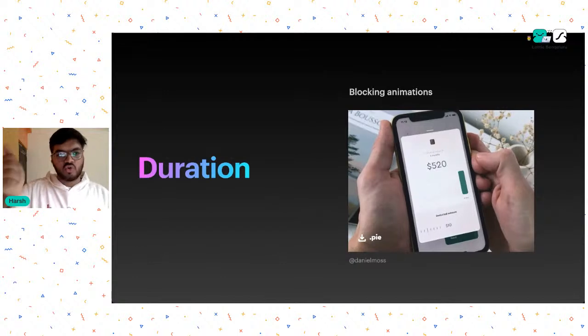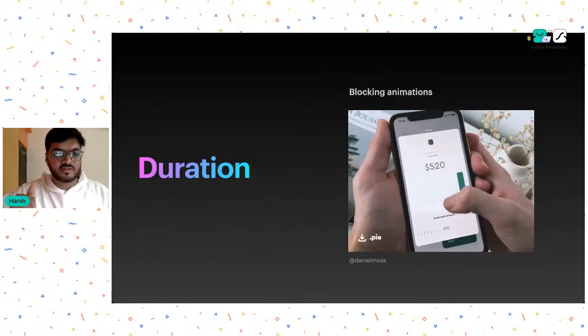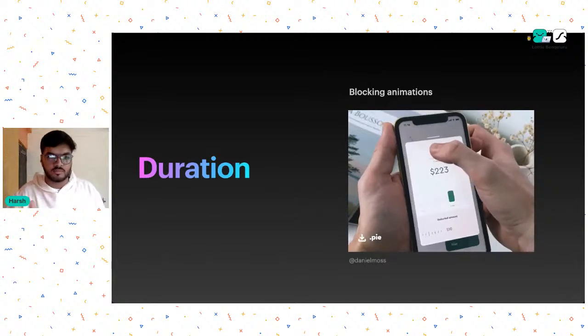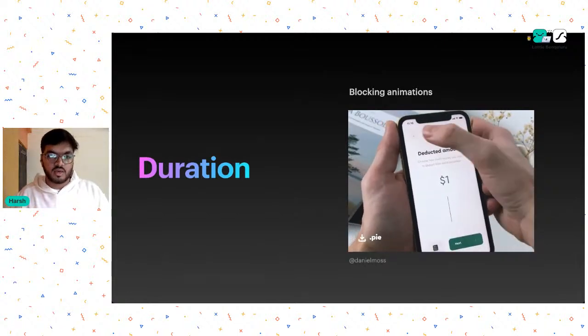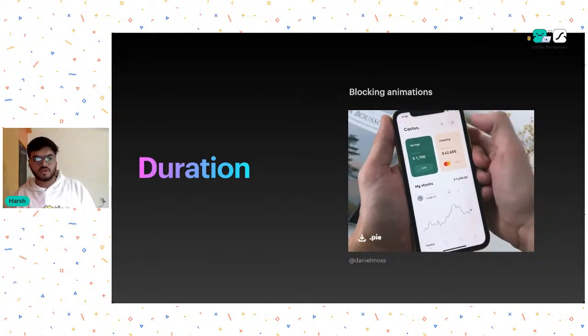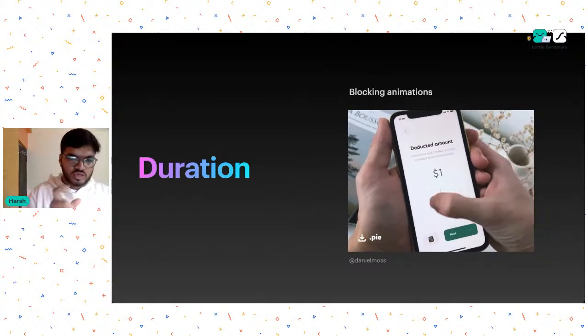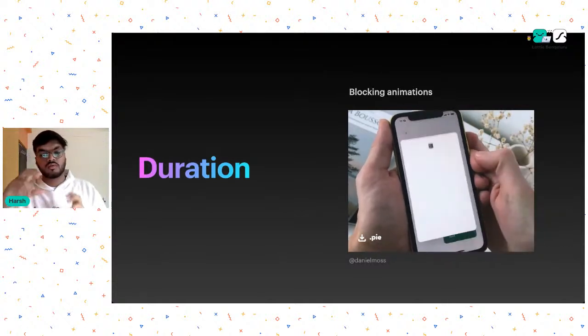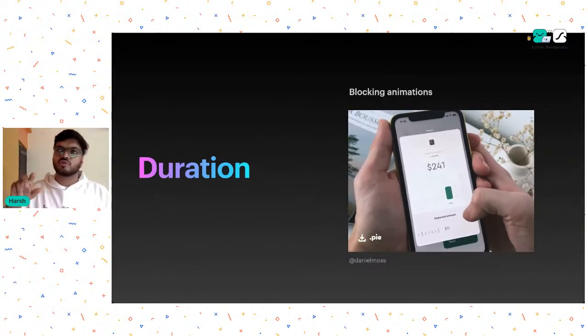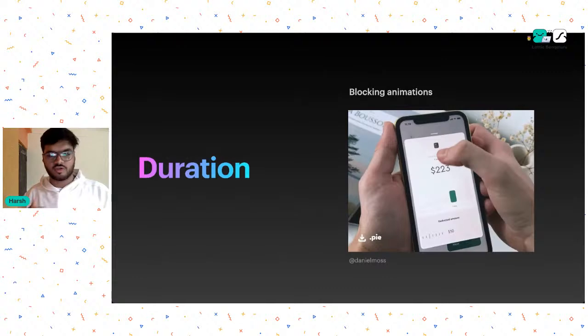If the user wanted to go and just change the thing in the next step, the animation playing would block the user's input, which is not the right thing to do, right? So depending on the different use cases that you have, keep the duration the way you want. Change the duration accordingly. For example, whenever we install something, I just always want